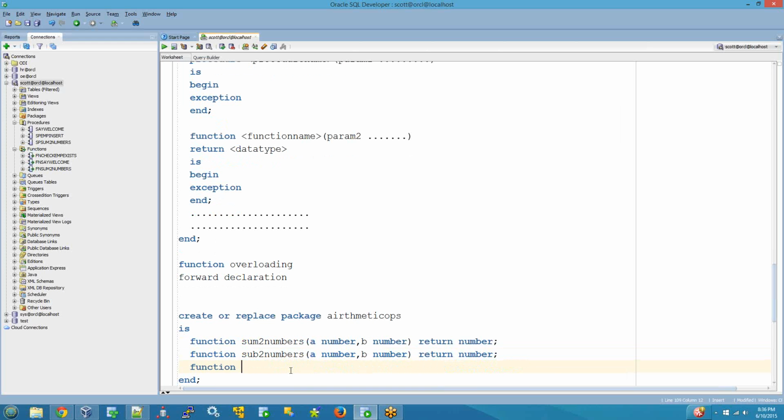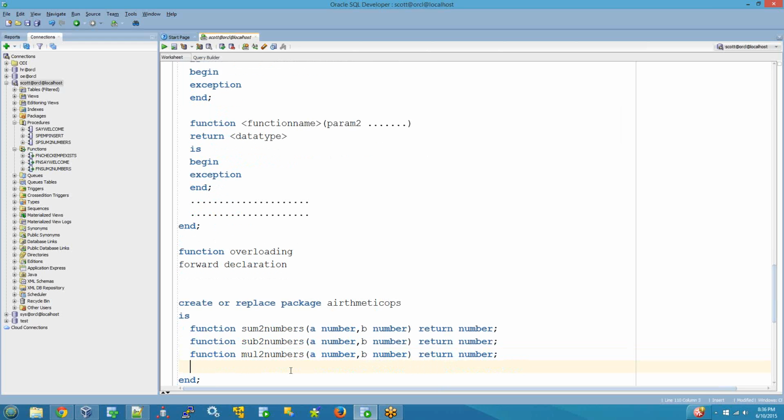Function multiplication of two numbers, A number and a B number, return number. Function division of two numbers, A number comma B number,